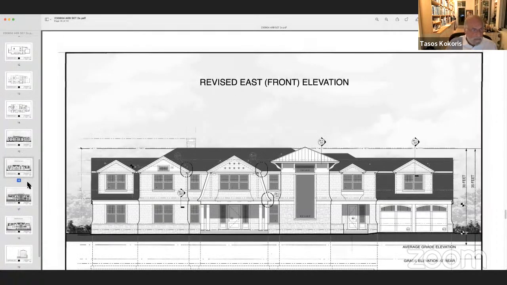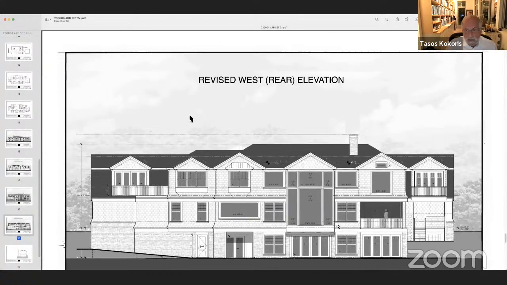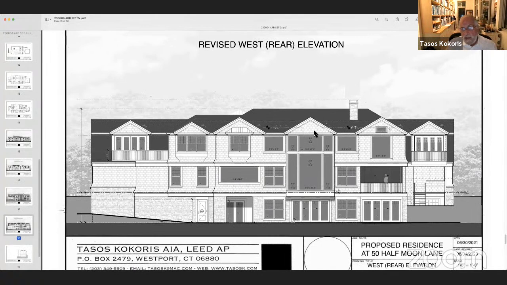The revised elevation does in fact have a pediment, but we also created these picture windows here to take advantage of the view over the Hudson River, which is really quite spectacular there. And those are the changes we made.